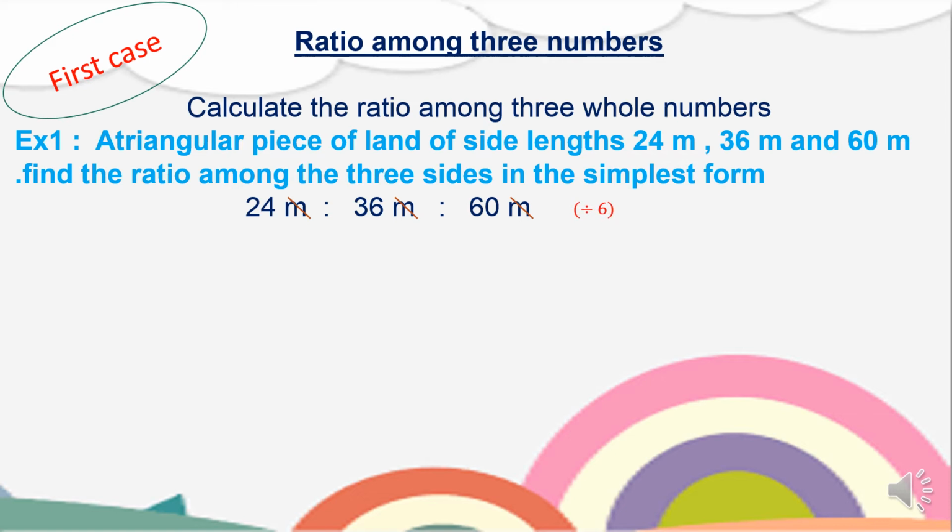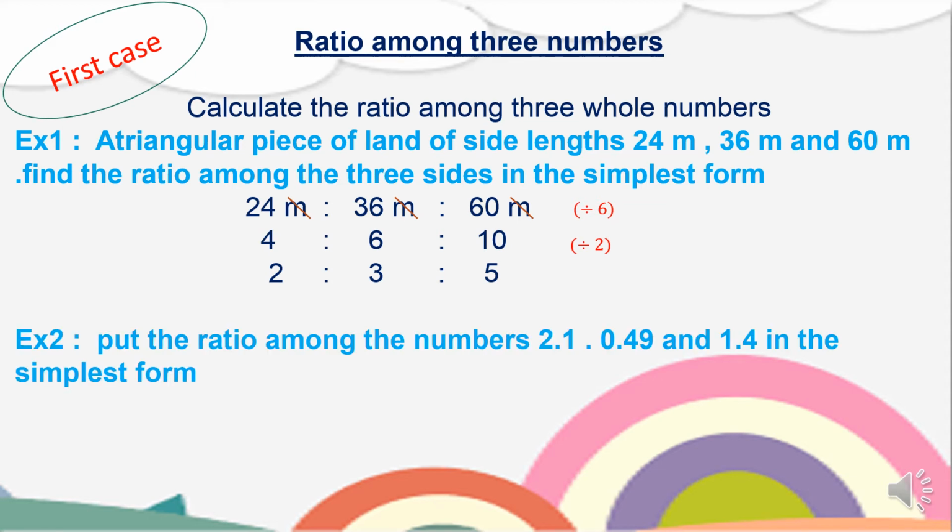Yes, it's divisible by 6 because it results in the 6 times table. So I divide each term by 6. 24 divided by 6 equals 4, 36 divided by 6 equals 6, and 60 divided by 6 equals 10. Is this the simplest form, Junior 6? No, we can also divide it by 2. So 4 divided by 2 equals 2, 6 divided by 2 equals 3, and 10 divided by 2 equals